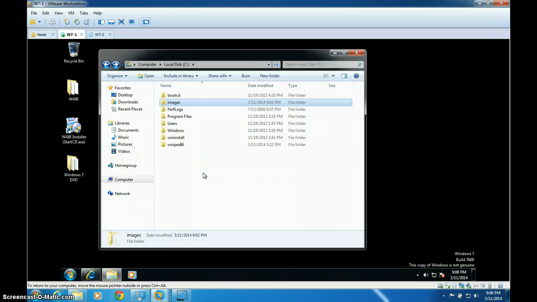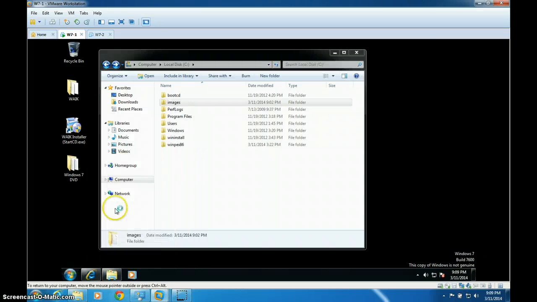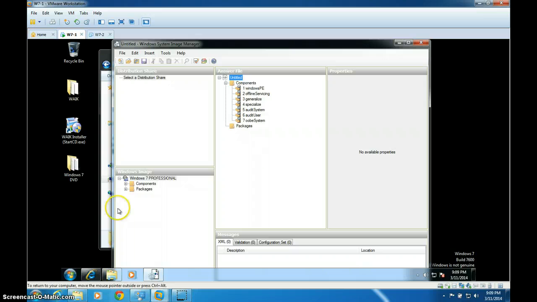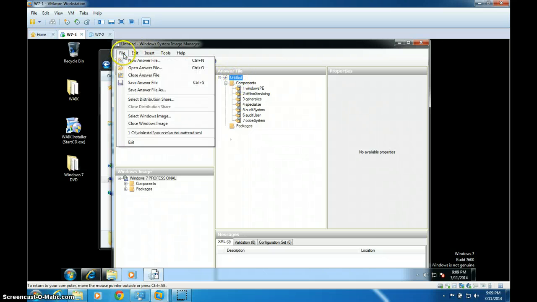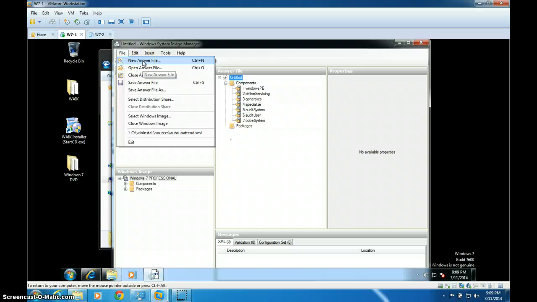So now let's create our answer file. To create the answer file, we're going to use the AIK software that we just downloaded, and we're going to open up the Windows System Image Manager. This is where we're going to create the answer file. So click on that, open it up, and this is what it looks like. Looks like I already have an answer file here. What we're going to do is create a new one so I can show you how this works. You are not going to see anything here if you open this up for the first time. So click on New Answer File,